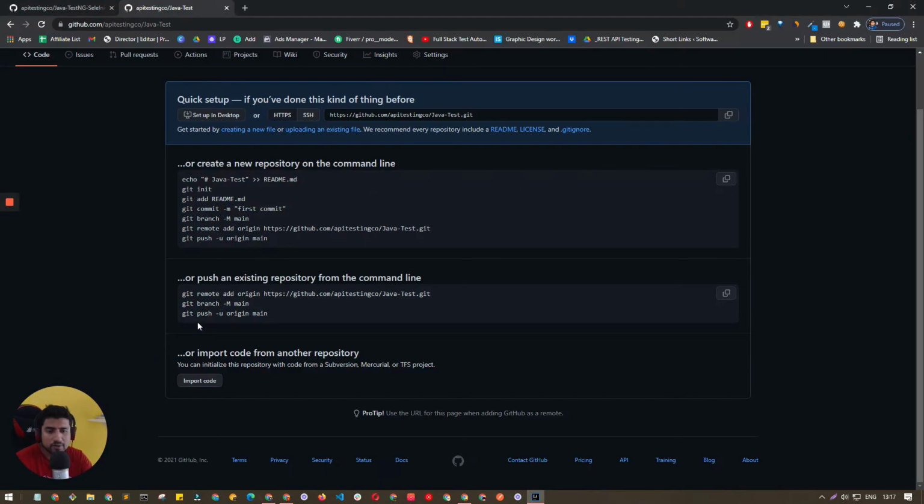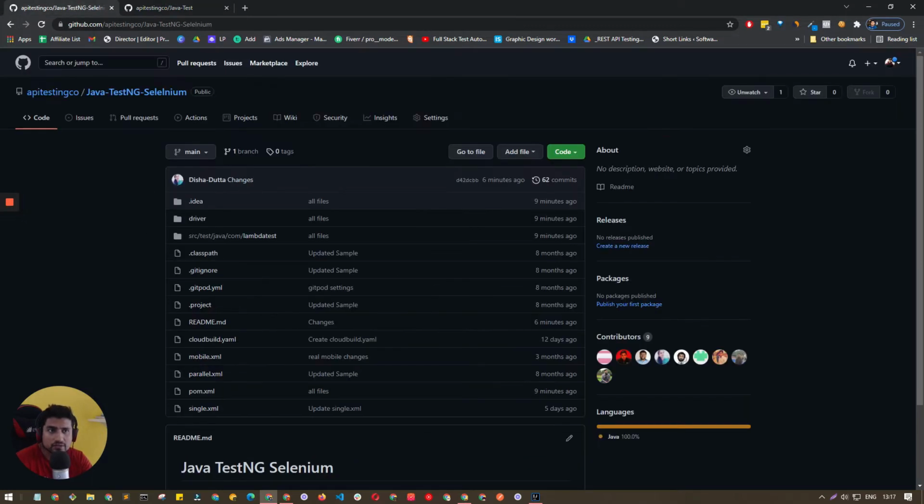and the same command. Actually you need to use the branch name, since you are pushing to the main branch. If you are not using -u, it will ask you for username and password. Just enter the username and password and you will see the pushed code here. It's very similar to this.